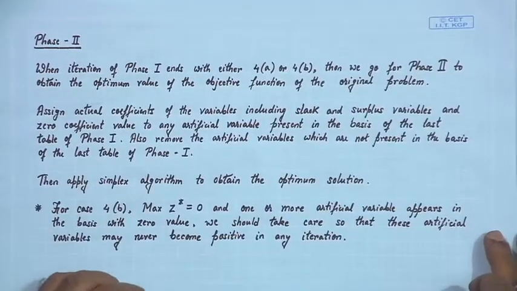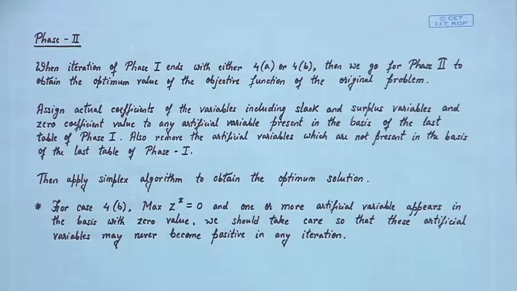Now, in phase 2, what do we do? When the iterations of phase 1 end, then either 4a or 4b will come, because 4c will not come. Whenever we know that the original problem has no solution, we will not go for phase 2. So, when phase 1 ends, there will be two cases, 4a or 4b, and in that case only we will go for phase 2